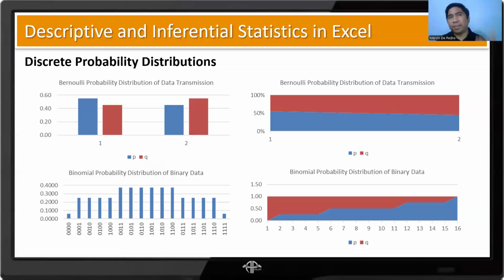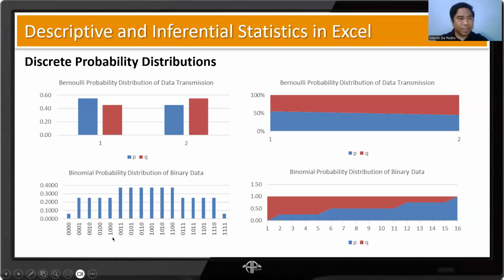So for example, if you toss a coin 5 times, you might ask what's the probability that we only get one head. Let's say this is 5 trials, 1, 2, 3, 4, 5. So what's the chance that we get only one head when tossing 5 coins? We measure that, we compute that. Then how about 2 heads, and the rest are tails? We measure that, then 3 heads out of 5, 4 heads out of 5, and so on.